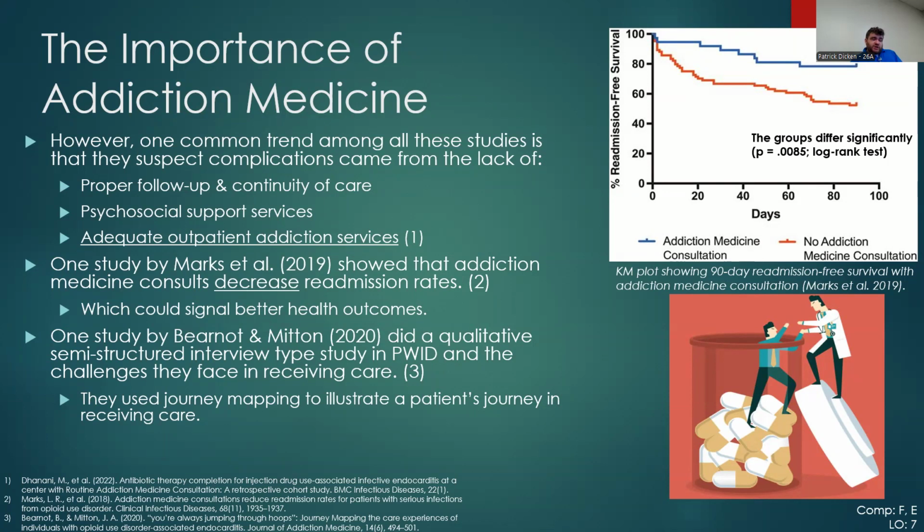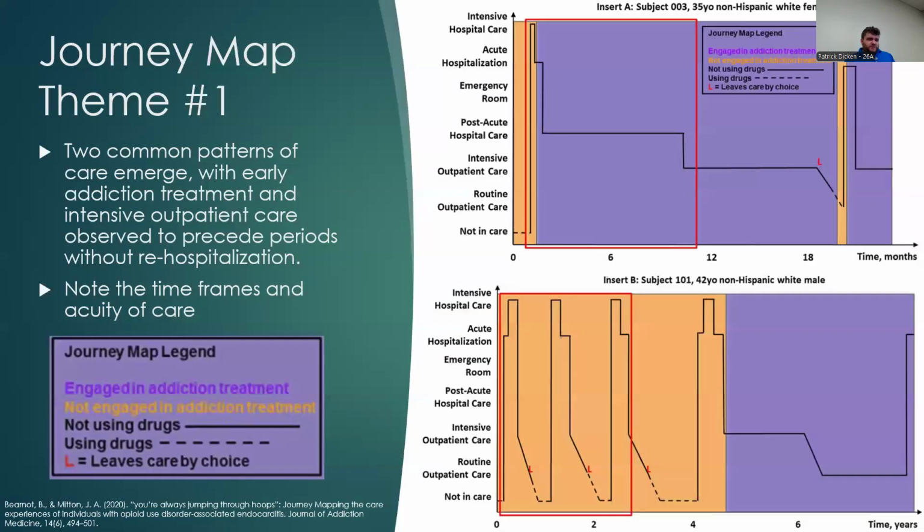Then there was another study that showed a qualitative, semi-structured interview type study in people who inject drugs and the challenges they face in receiving care. And they used journey mapping, which was something mostly used in business models to see how people consume products or go to the store and buy products. So it's an interesting take. 3 themes emerged. So for this patient right here, the top right, it was